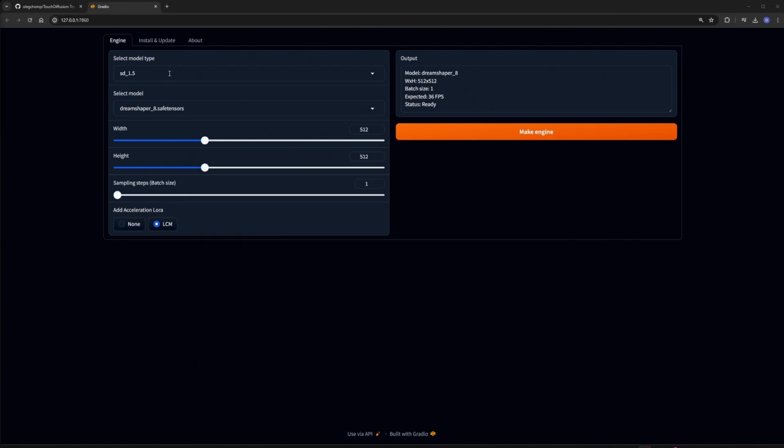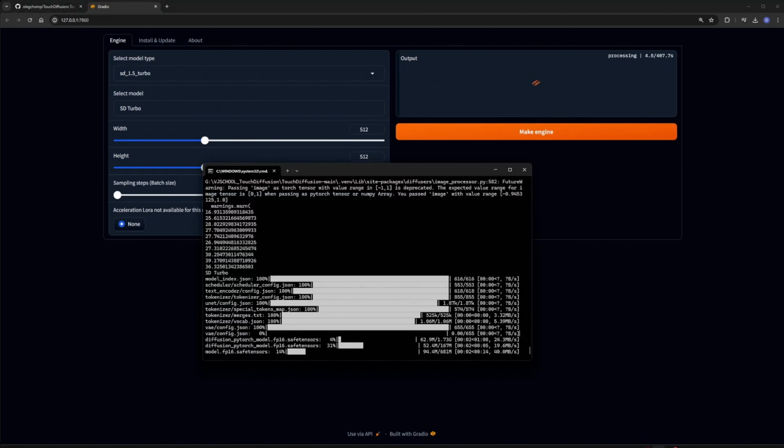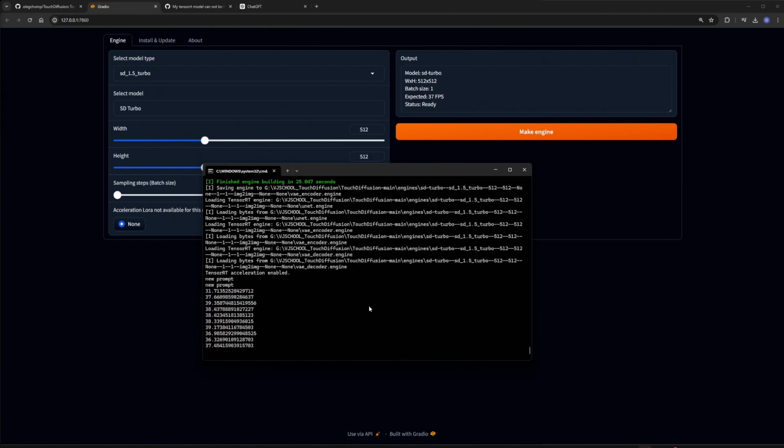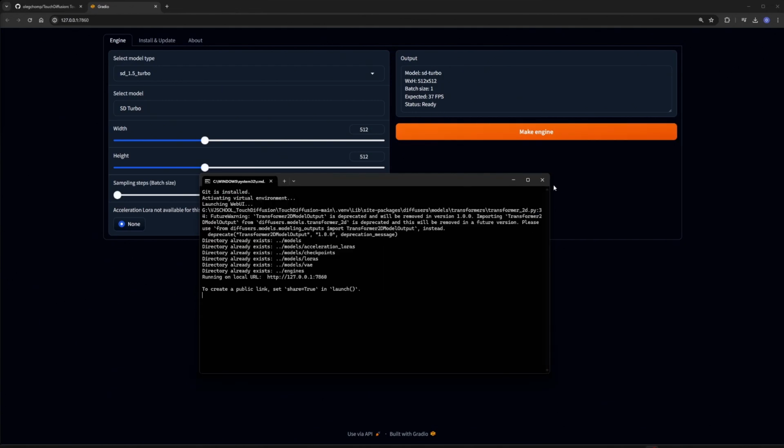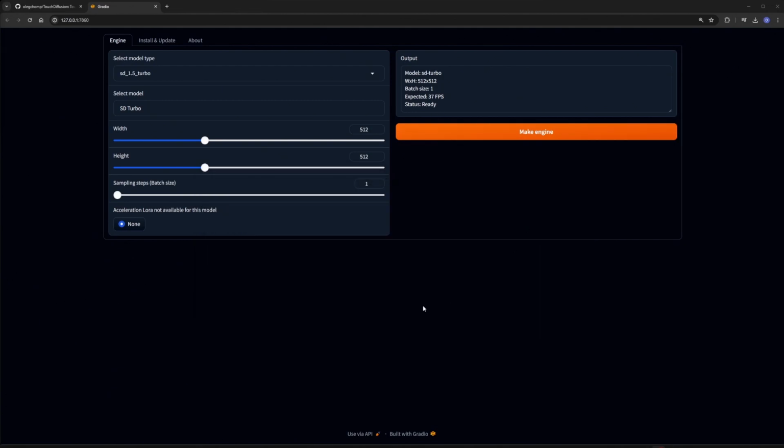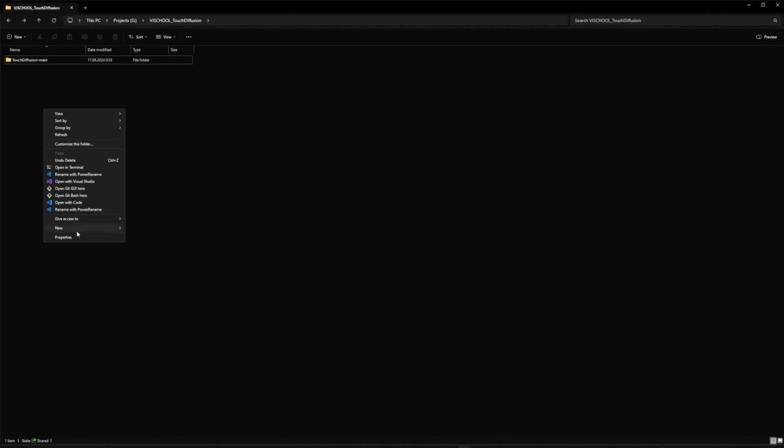Now let's select the turbo model. It will be automatically downloaded in the necessary format. After the process is completed, you will see a message in the output string. After preparing models, you can close the webui.bat window, create a TouchDesigner project,